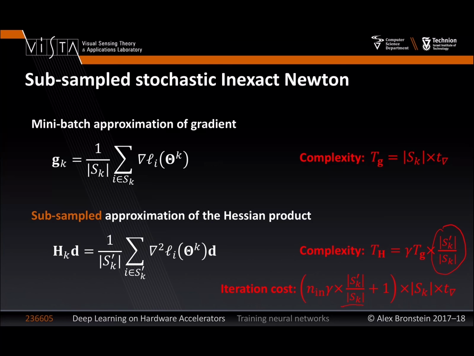Subsampling is not equivalent to just reducing sk, because the gradient is evaluated on the full sample and the Hessian is evaluated on a subsample. Again, because the Hessian is the costliest part, and it is multiplied by the number of internal iterations. Of course, this assumes that this size is quite big to start with, in order for this reduced size to still give me an accurate